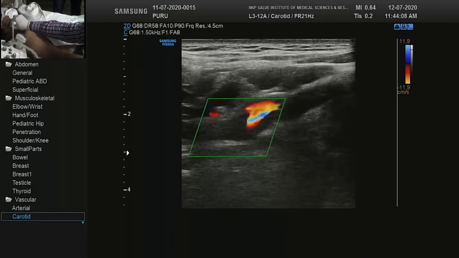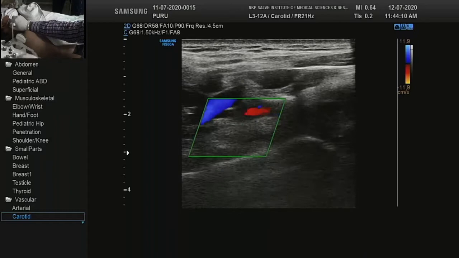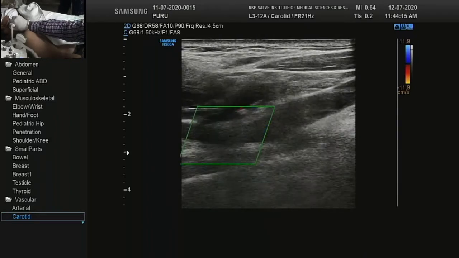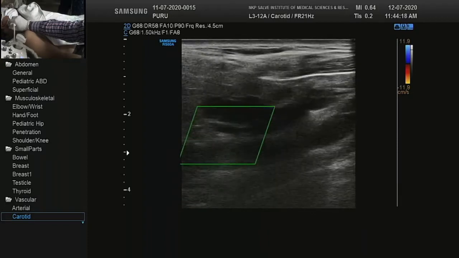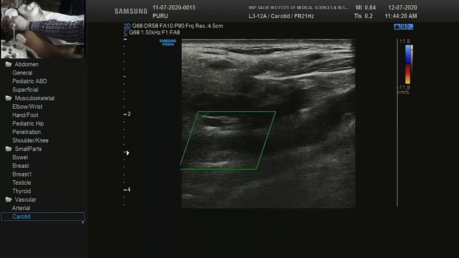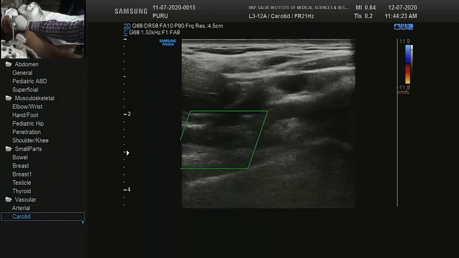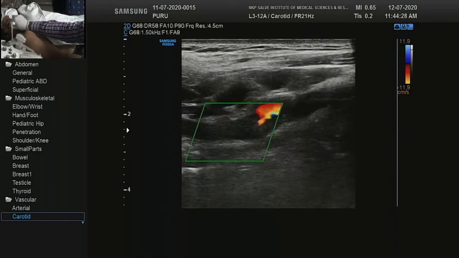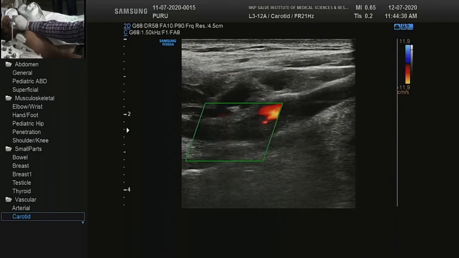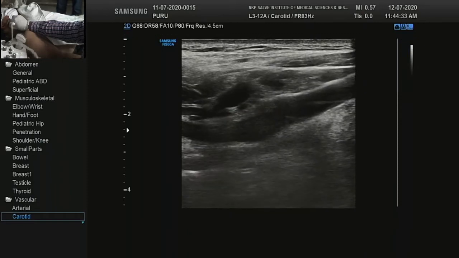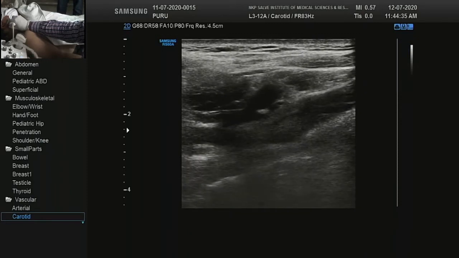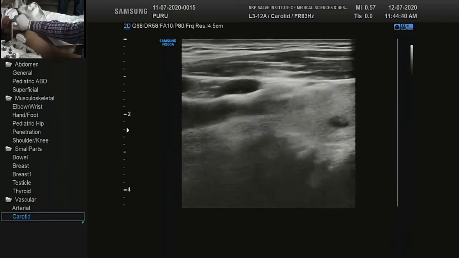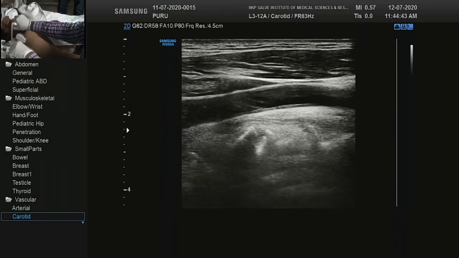Sometimes in a thick patient, the patient who has got a bulkier neck, it becomes difficult to see the internal carotid. So if you cannot see anything, just take a convex probe and try to see the internal carotid. You may not be able to quantify the flow nicely, but at least you can demonstrate whether it is patent or not, and we'll do that. We have a convex probe here. Okay. So apparently on seeing this image we have a doubt. Patient has a history, so we need to confirm. See, the artery is pulsatile here. The artery is pulsatile here. Okay.